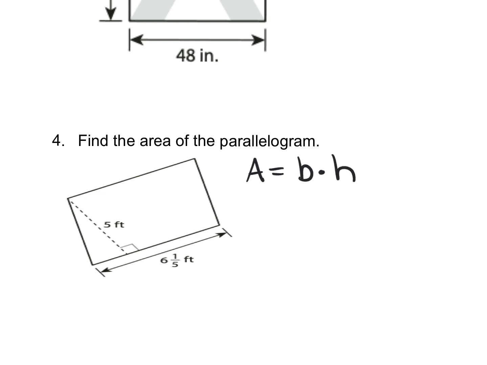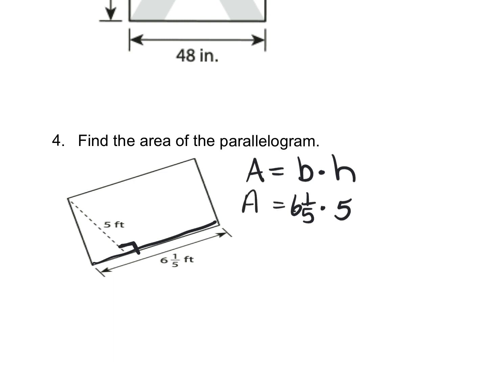Here, I see that the right angle is being formed with the 6 1/5 foot section. So I know that the 5 is my height, that 6 1/5 is my base, and I'm looking for the